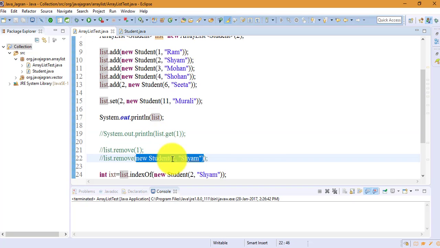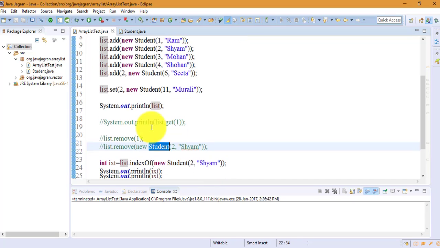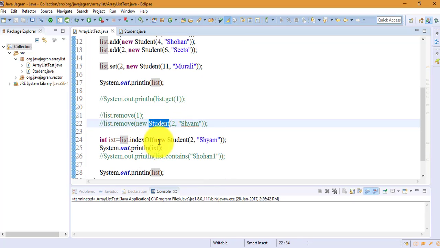Based on the true or false, it will come to the conclusion whether the data exists or not, and based on that it will perform the remove. If we get true, it will remove the data from there. Same like the indexOf operation, we want to find the data.